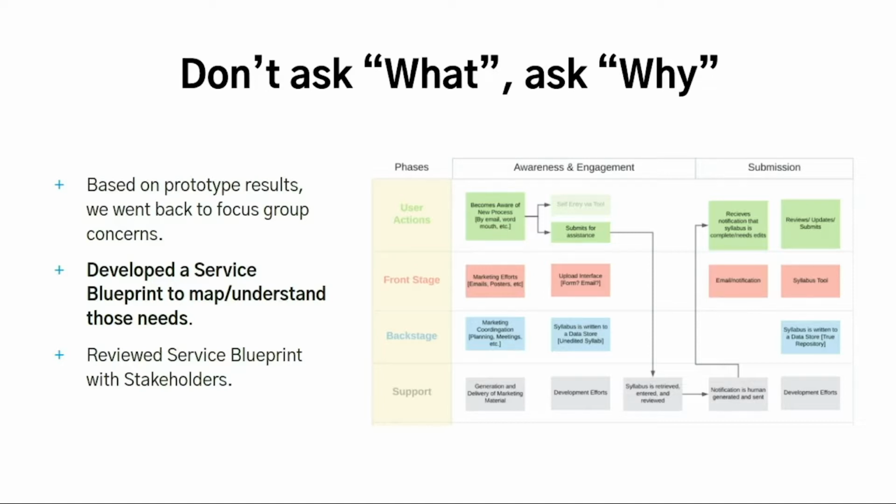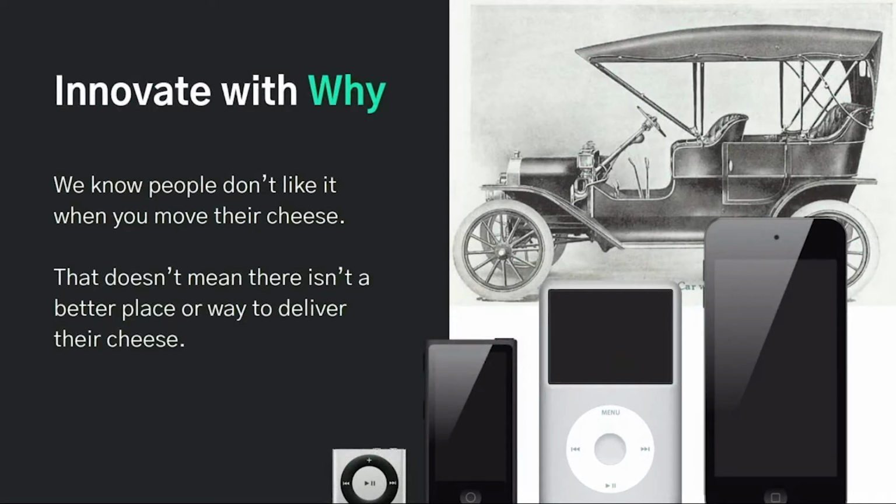So focus on why questions, and that's how you innovate. We know people don't like it when you move their cheese, but that doesn't mean that there isn't a better place or way to deliver their cheese, okay? You think about the big innovations going from horse transportation to automotive transportation, the radical innovations of the Apple products,